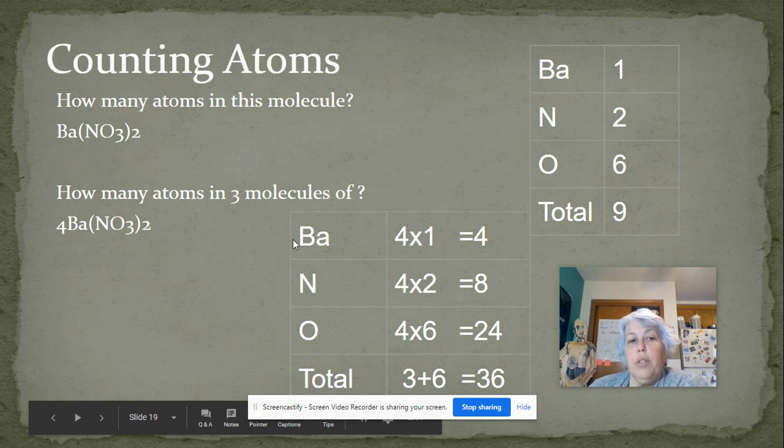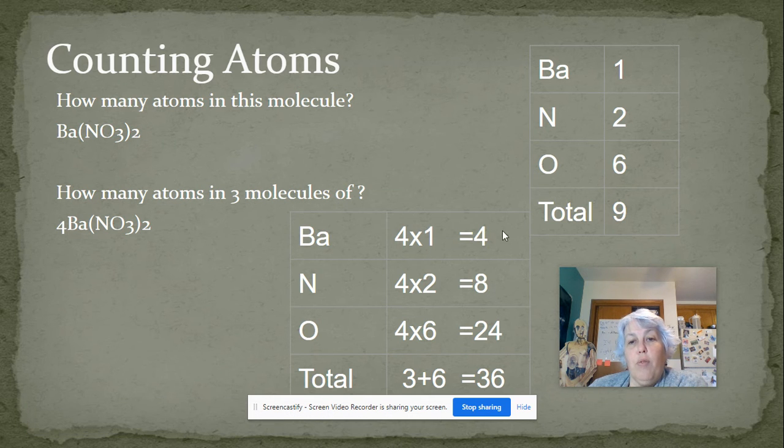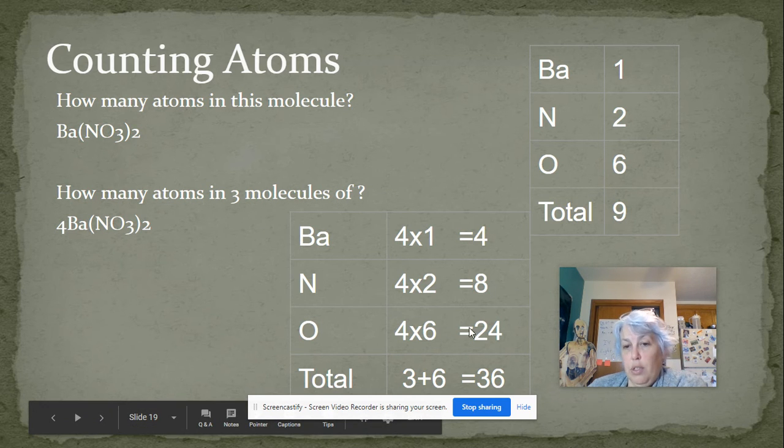could do it individually. So we've got 1 barium times 4. 1 times 4 is 4. Or we've got 1, but remember we've got this 2 here, so there's 2 nitrogens times 4. 2 times 4 is 8. And then 3, but we've got 2 times 3 is 6 oxygens times 4. So there's our 6 times 4 is 24. And if we add those all up,